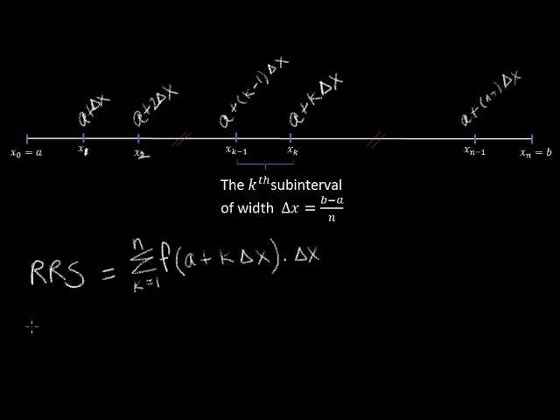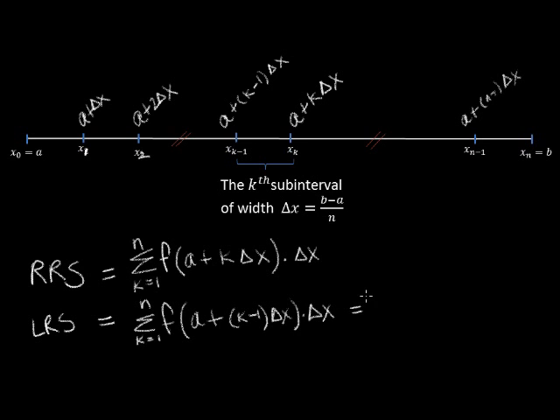Now, delta x is b minus a over n when we're actually doing a problem, but we'll just leave it like this for now. Now, a left Riemann sum, we could write it as the sum, well, I'll write it both ways. The sum from k equals 1 to n of f of a plus, in parentheses, k minus 1 jumps of delta x, times delta x. But there's a more simple way to write it. Instead of starting our counter at k equals 1, we could just use the exact same formula we have for the right Riemann sum, but start our counter at a plus 0 jumps of delta x,